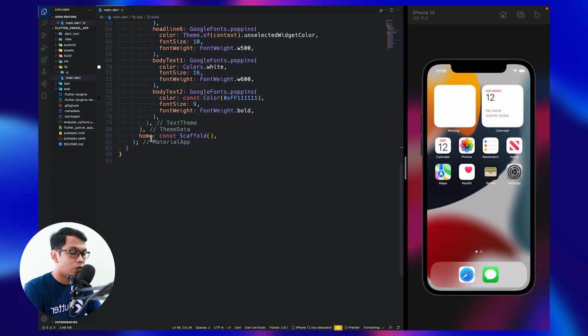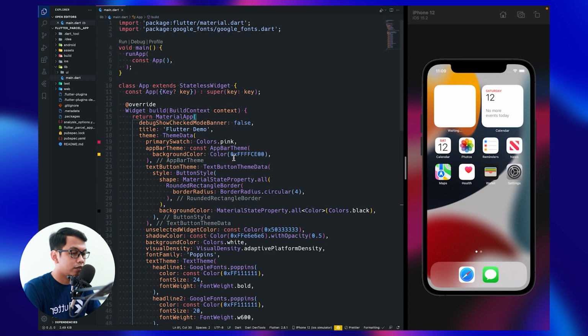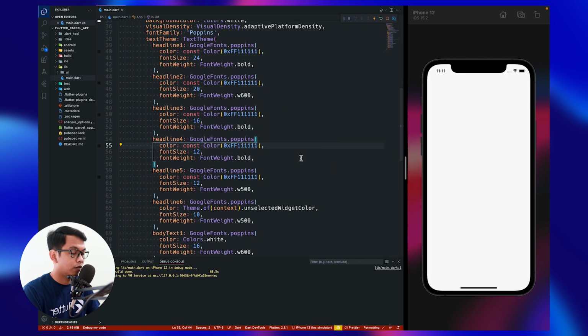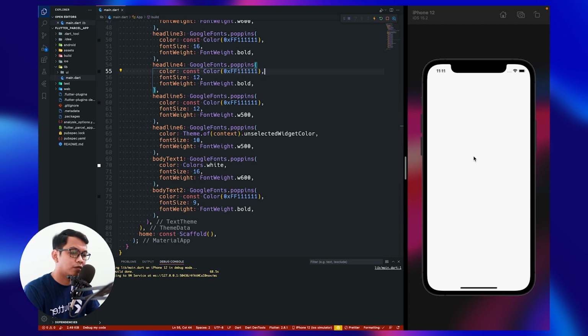But inside our home, for now I have returned a scaffold widget. Okay, and let's try to run our app. For the very first, let's test the theme. Alright, so this is our app. Nothing appears because we are just using a scaffold widget.